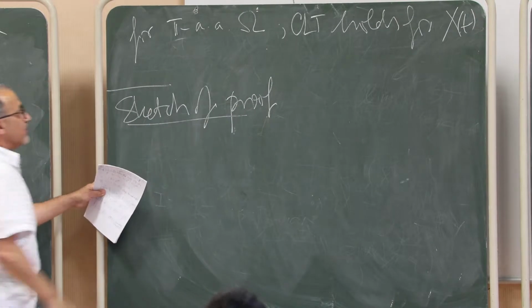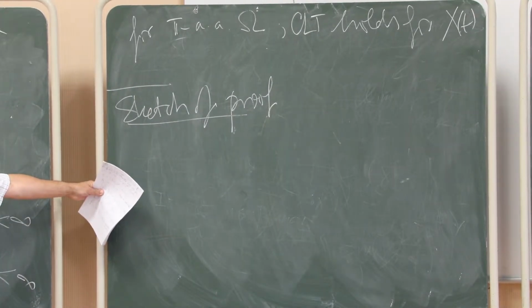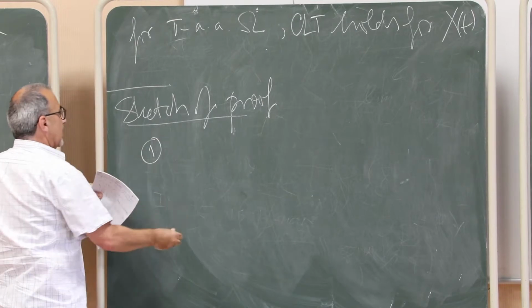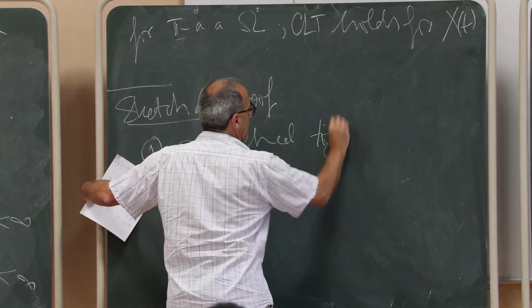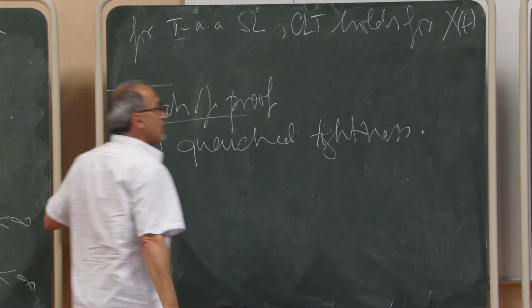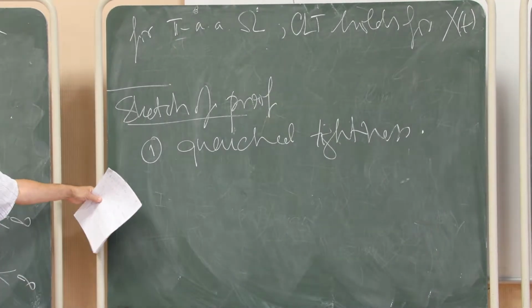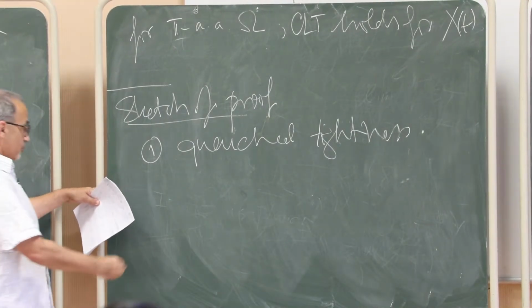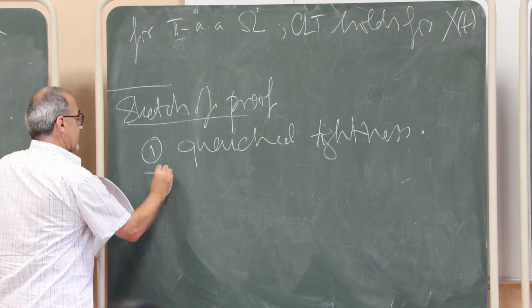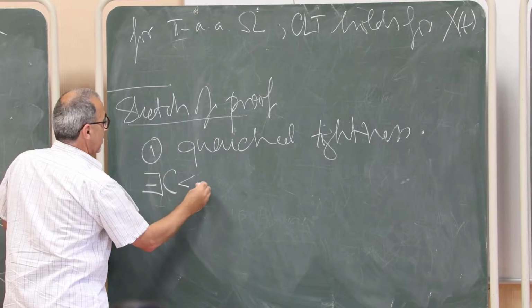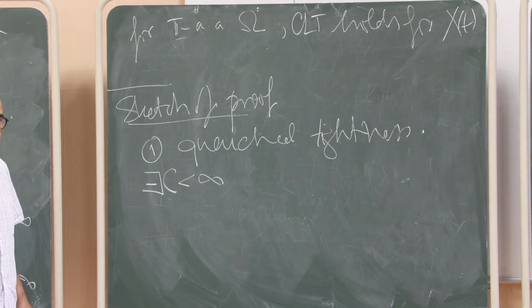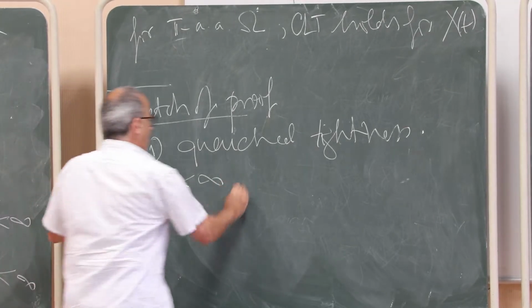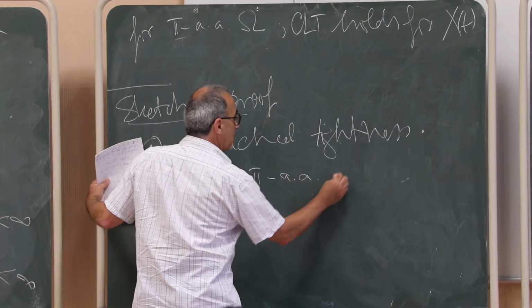Mind that we have proved already the annealed version of this theorem. The first step is quenched tightness, and this is exactly what I proved yesterday. Yesterday I proved that there exists a constant which is finite, which depends only on S lower star, S upper star, H upper star, and dimension, such that for pi almost all omega,